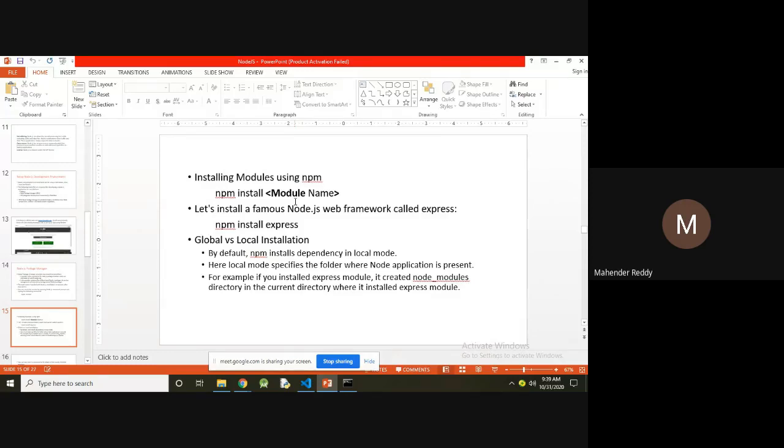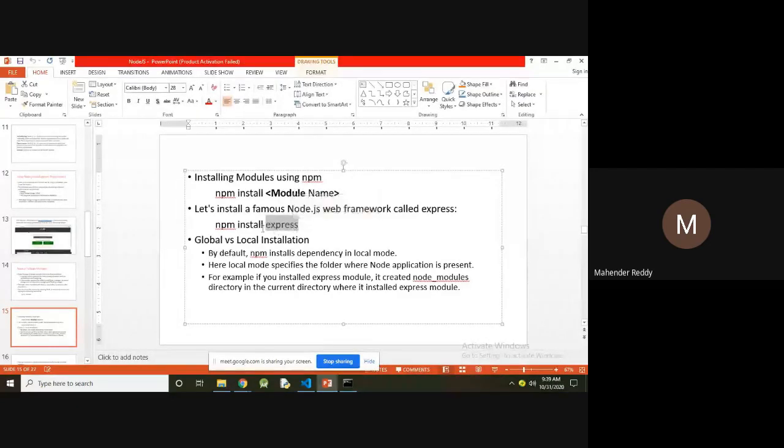Installing modules using npm: npm install followed by the module name, where you specify the module name. For example, npm install express. This is one of the modules, the express module. When we use npm install express, the express module is going to be installed.